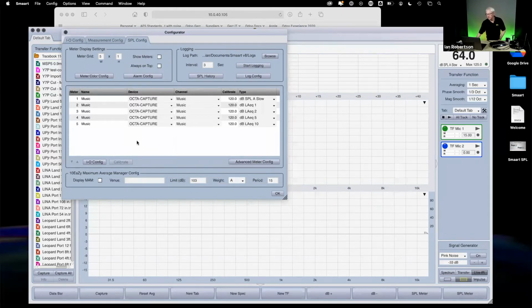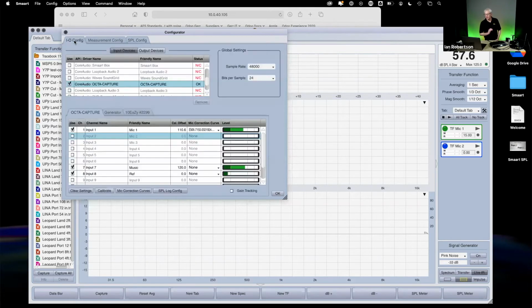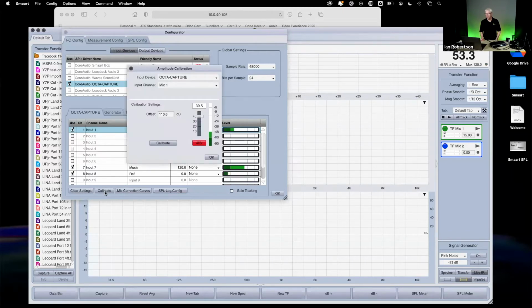So calibration is, if I go back to IO config, in order to calibrate an input, you have to have a calibration offset. Smaart looks for this number in here. If a calibration offset exists for that input, then it is considered to be calibrated and can be used for SPL measurement. So the calibration offset comes from actually picking the input, hitting the calibrate button, and then